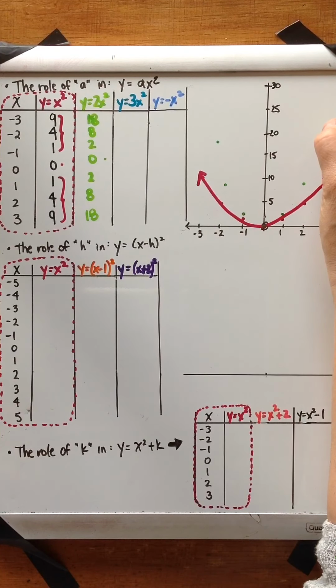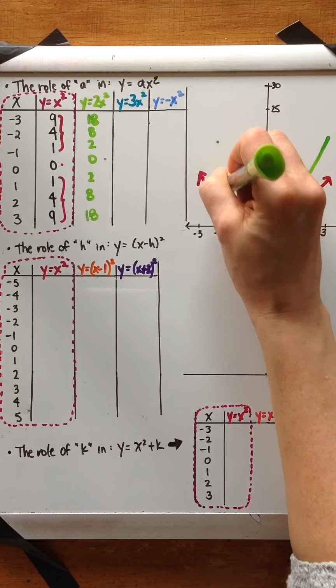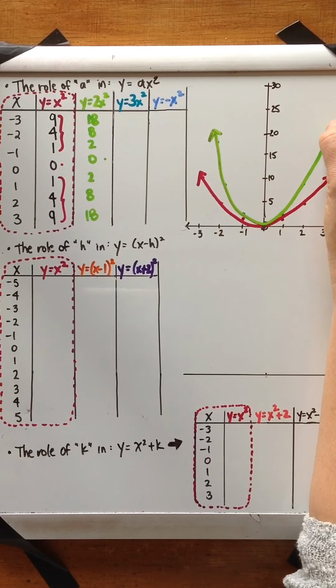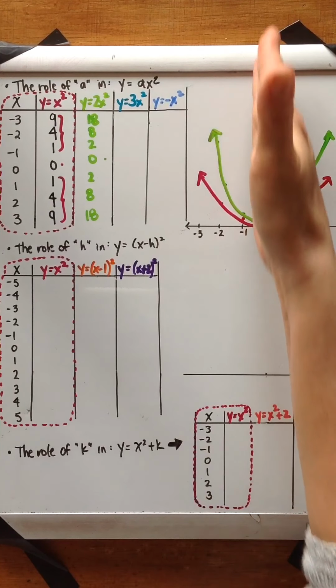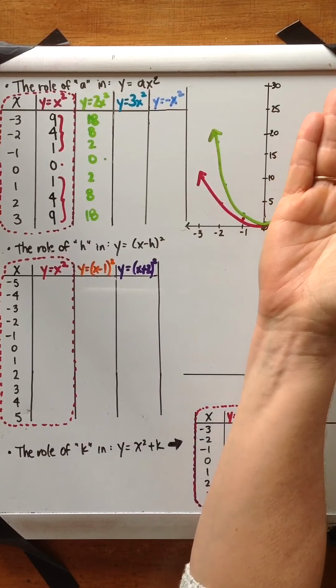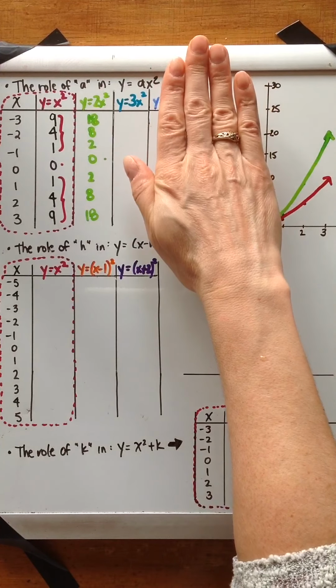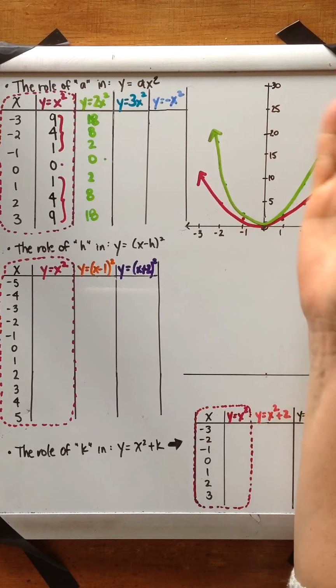And if I connect these with a very smooth curve, arrows on the sides, there's my graph for y equals 2x squared. I know it's not perfect, but you can appreciate that it would be perfectly symmetrical. It actually has almost like a fold or a line down the center. We call this the axis of symmetry, that if I were to take the right side of the page and fold it over top of the left, along that axis of symmetry, these curves would line up perfectly on top